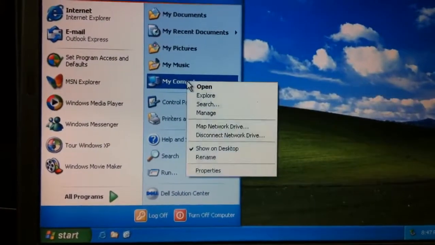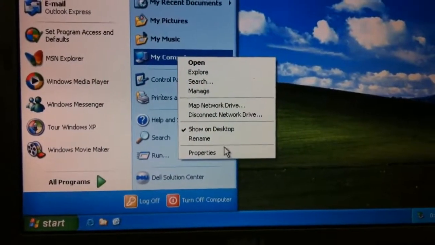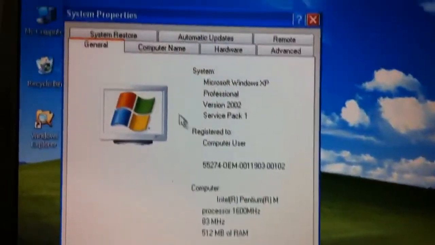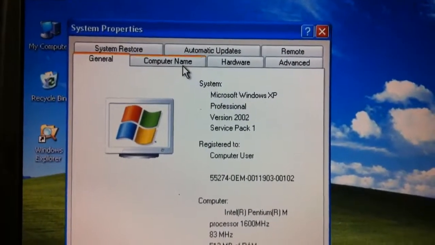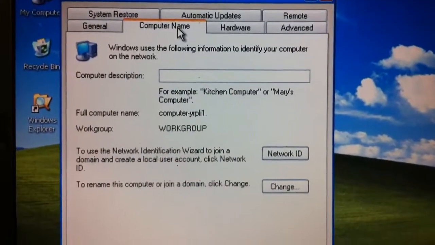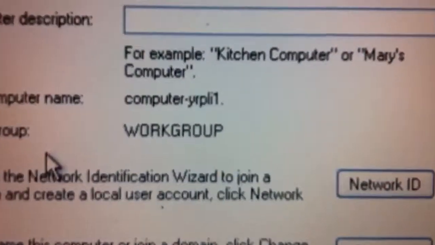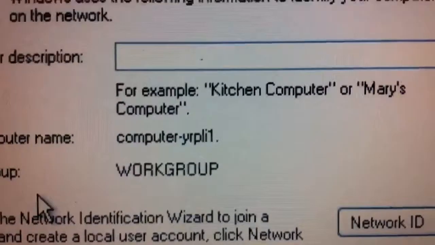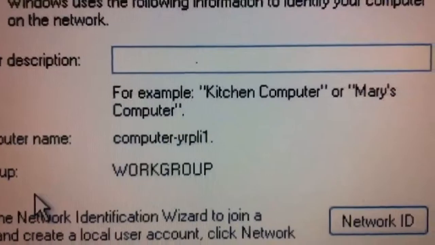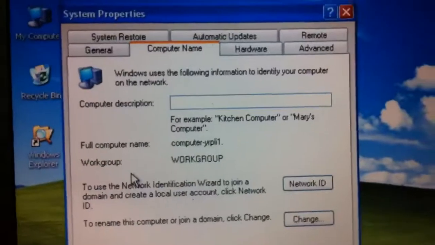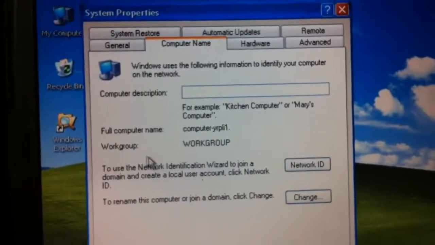We can right-click on My Computer, Properties, take a look at the name of the computer again, and you'll see that number come up again. It was Y, I'm going to zoom in on that in this case, YRPLI1. I can go to Dell's website, type that in as the service tag number, and Dell will give me